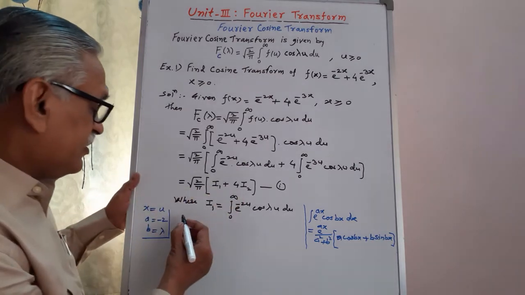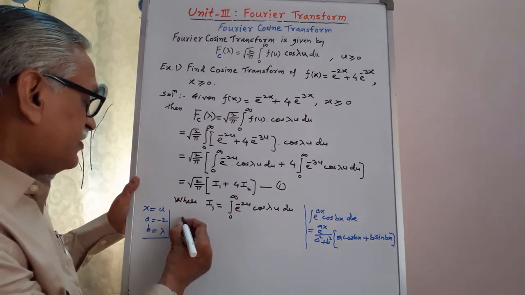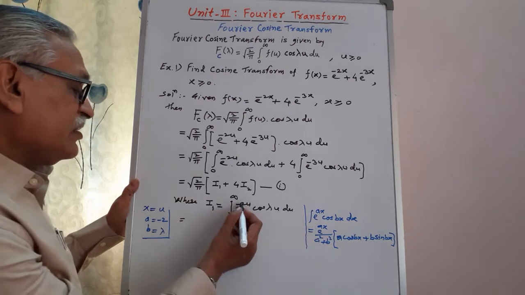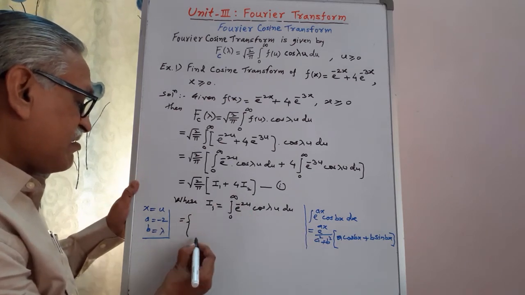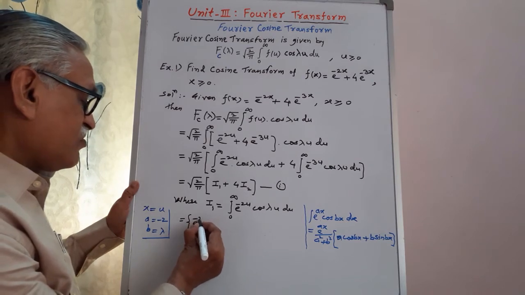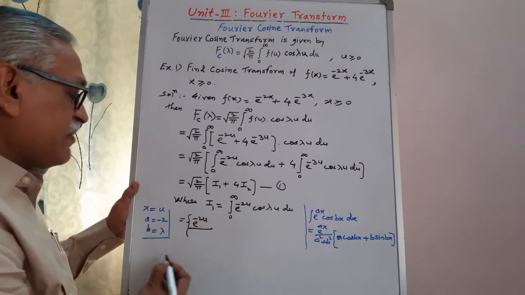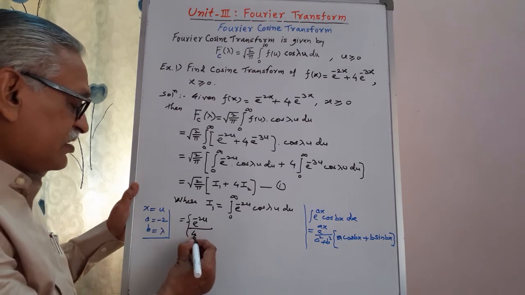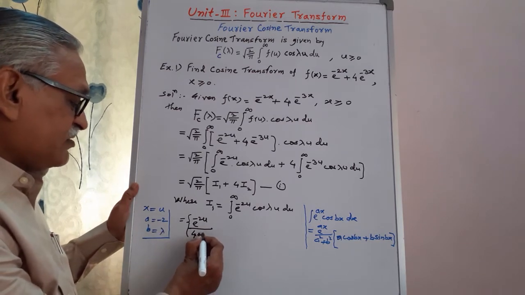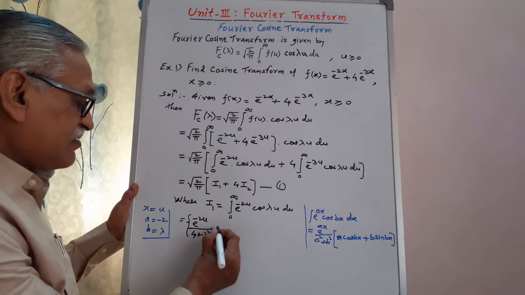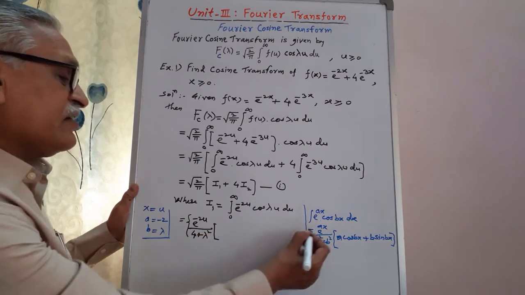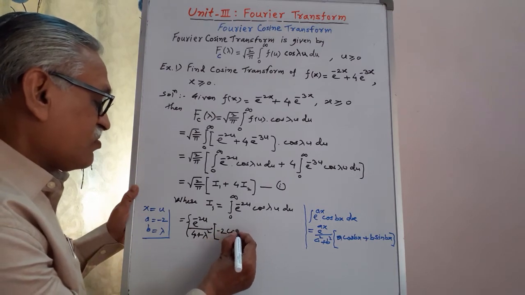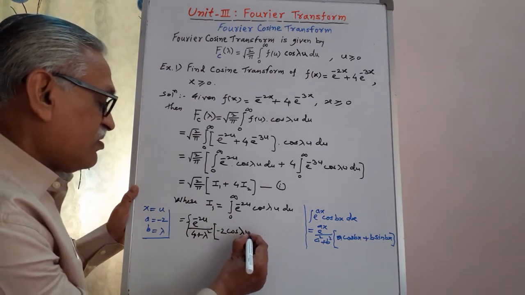Therefore I1 is equals to e raised to minus 2u divided by a square plus b square, minus 2 square is 4, b square is lambda square, in bracket a cos bx, minus 2 cos of lambda u